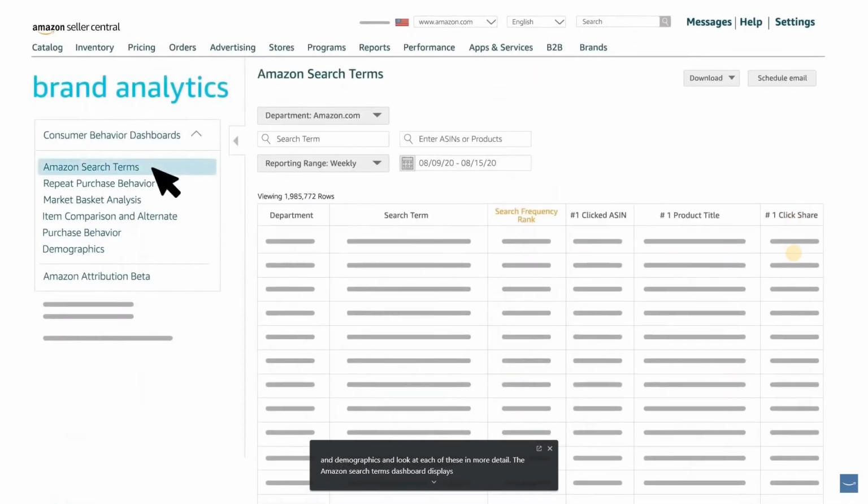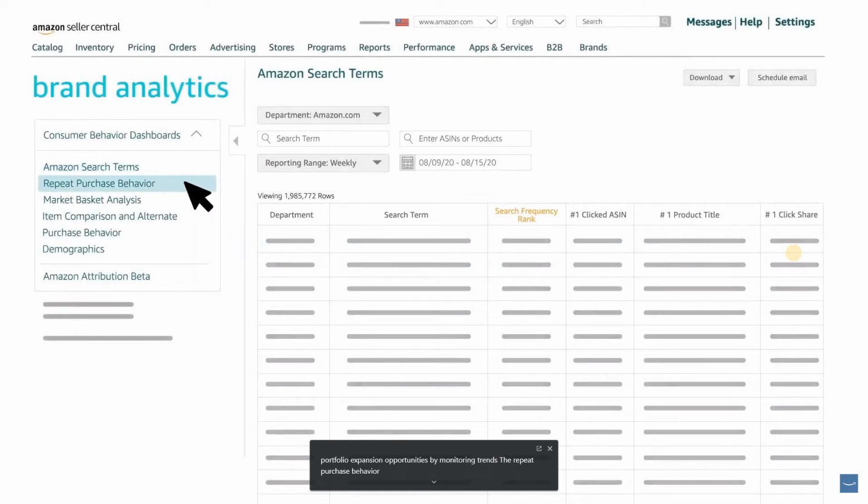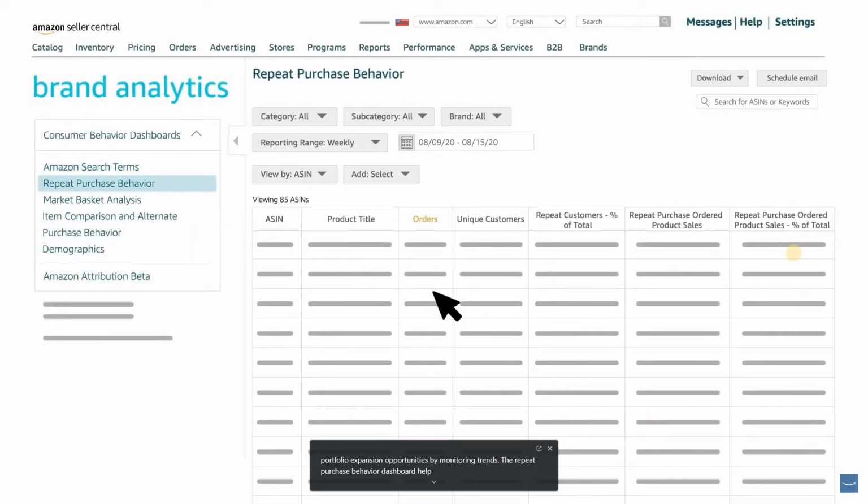The Amazon Search Terms dashboard displays which products are most frequently clicked on by customers after searching a term and conversions on each search term. With this information, you can assess the impact of your marketing campaigns and identify product portfolio expansion opportunities by monitoring trends. The Repeat Purchase Behavior dashboard helps analyze brand loyalty, allowing you to strategize and assess your marketing campaigns and